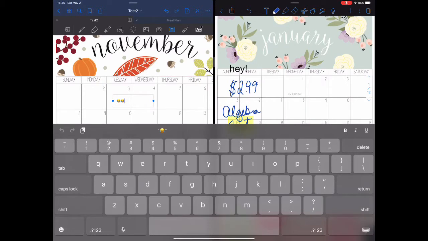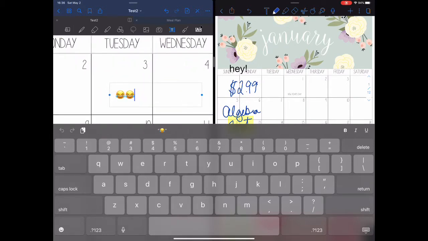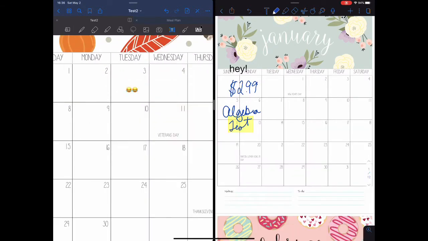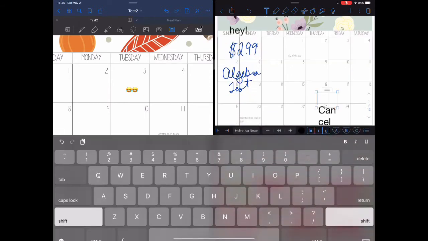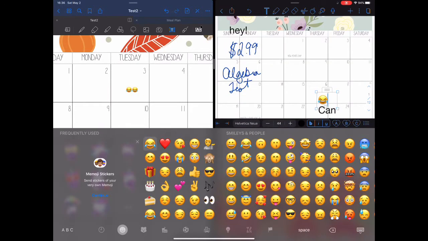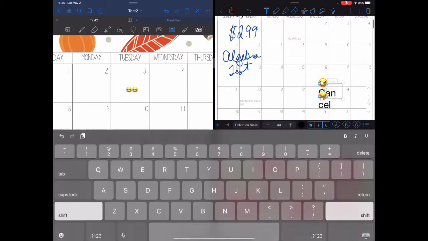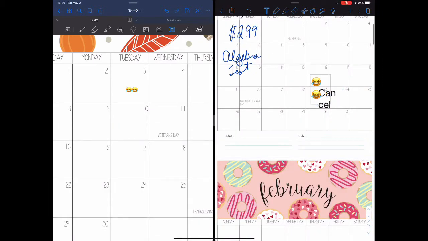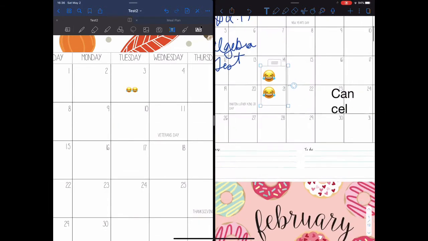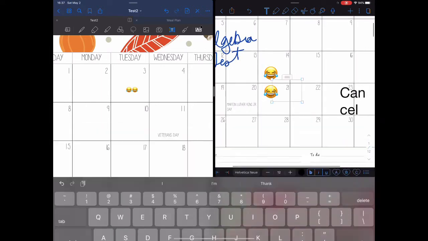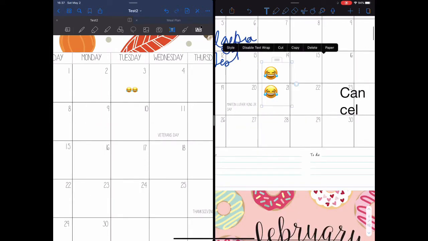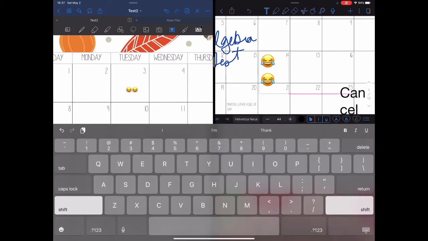Same thing as before, and you can make the font bigger. So I feel like that. And then for text, crying face, then you can move it and you can turn it. Let me get back to it. You can adjust it, and I feel like